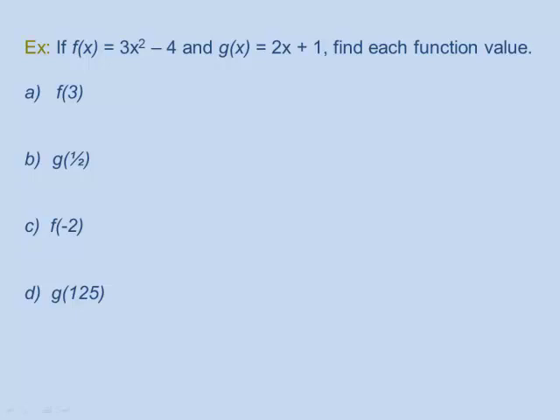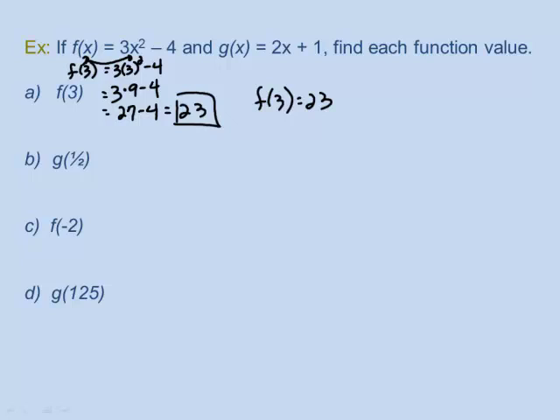So part A asks you to find f(3). What that means is you're going to put 3 in for the x in the equation and solve the equation to see what you get. So we've got 3 times 3 squared minus 4. Now it's just an order of operations problem. So do the exponent first. 3 times 9 minus 4, which is 27 minus 4, which is 23. So f(3)